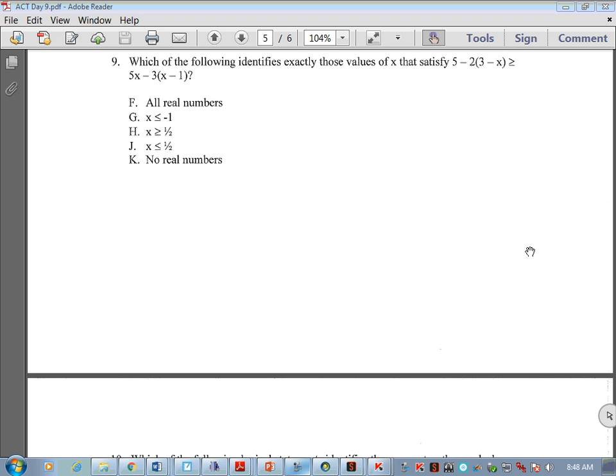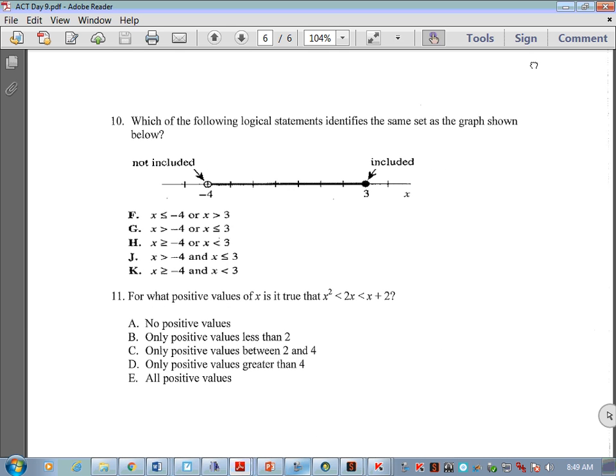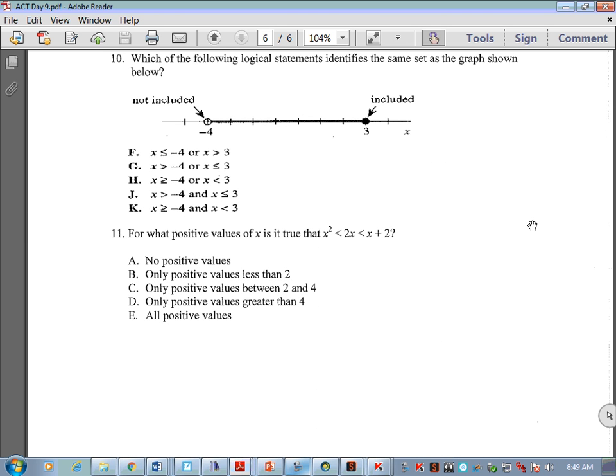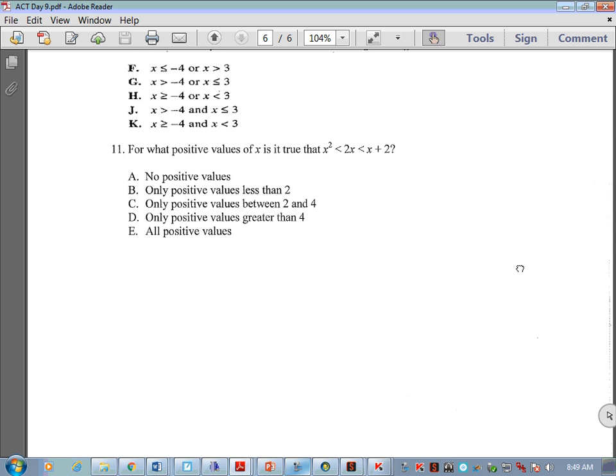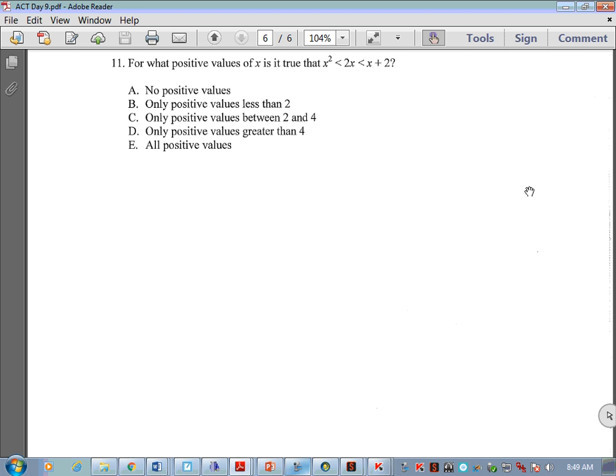Okay, let's see, number 10, Liz. J is correct. Let's actually pull this up so we can see it. J is correct there. Any questions on how to get J for that? No? Okay, and number 11, Zamira. B is correct. So we got all positive values less than 2, should be our answer. You got all positive values. All right, so,